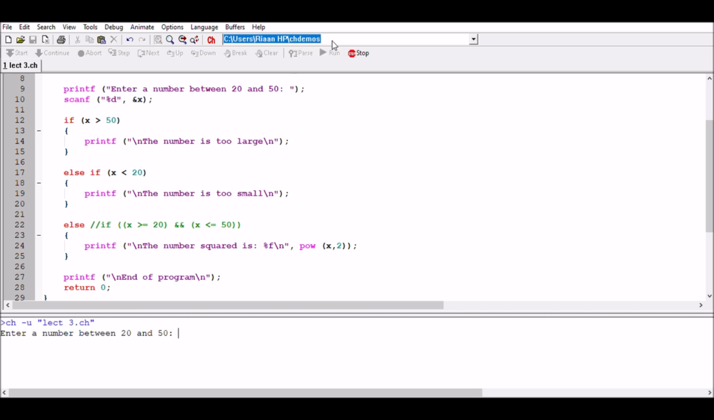Okay, let's have a look at if we took a number that was between. So let's say 30. So 30 tells us that the number squared is 900 because 30 was not larger than 50, so this statement didn't execute. 30 was not less than 20, so it didn't have to tell us the number is too small. So both of these conditions were false, and therefore it went to the default of pointing out that the number squared is 900. Again, end of program was displayed over here. That's just to show you that this line was still executed as it wasn't part of the if else statements